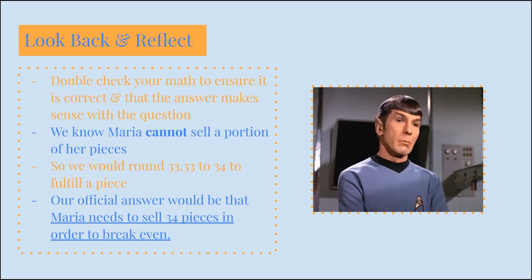So the easiest way to do this is to first double check your math, make sure it makes sense, make sure the numbers we've plugged in add up, make sure you understand where you got those numbers from. Finally, this is where we need to apply a logistical appeal to the question. So we have our answer, 33.33, but the question is how many